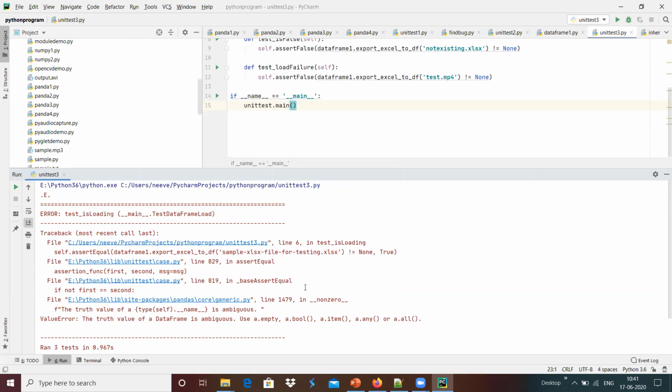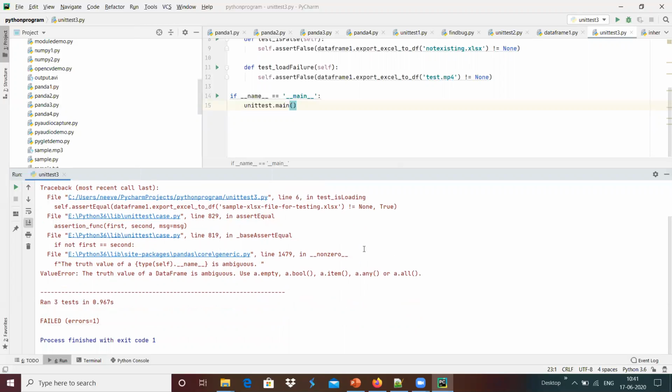We got the test cases, something like test is loading not equal to none, is a bool, and we got the test case.